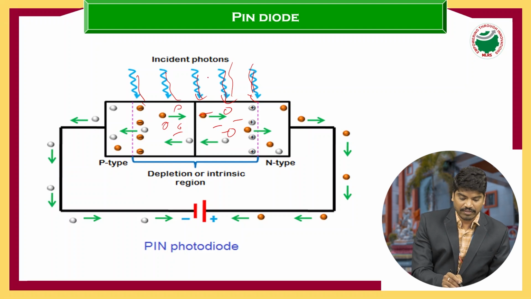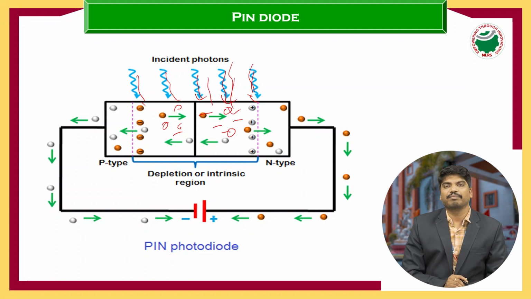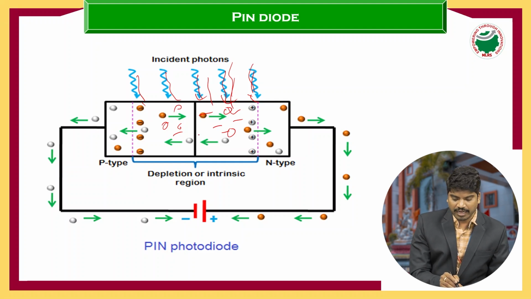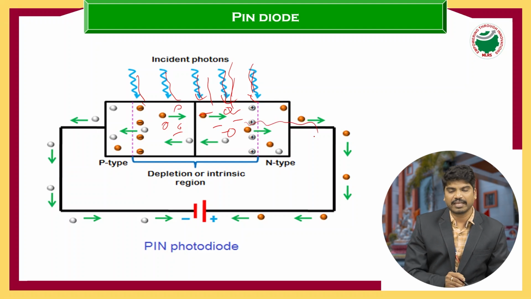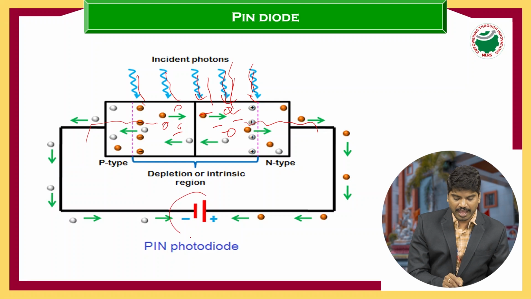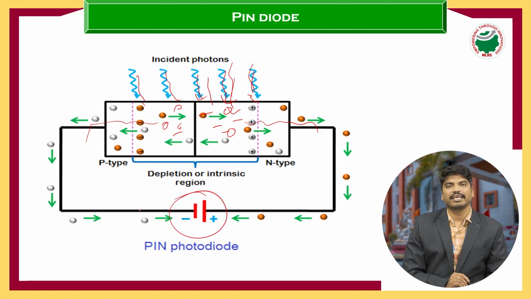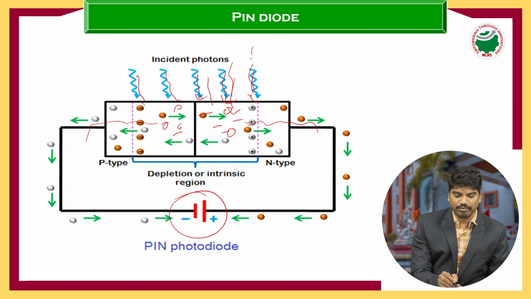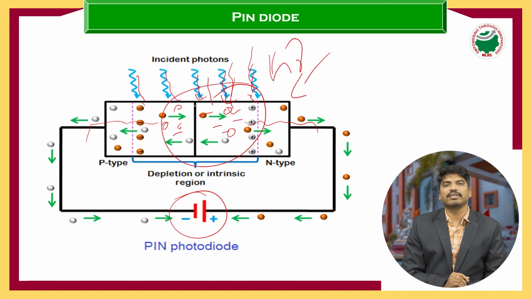When light is incident on this intrinsic region, it will break the covalent bonds, and electrons in the valence band simply jump to the conduction band. When they jump to the conduction band, they become free electrons. All these electrons are attracted towards the positive terminal, that is the N side, and all the holes are attracted towards the P side because of the high reverse bias. So even a small amount of photon energy incident on the intrinsic region leads to a huge amount of current in the range of